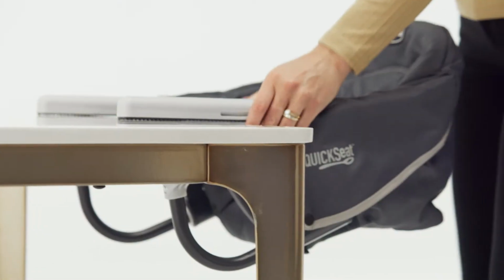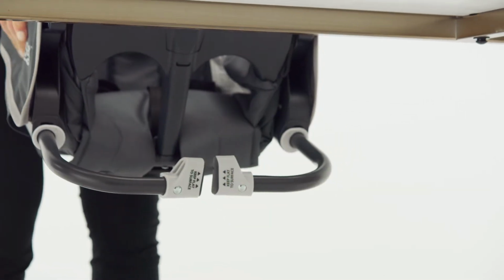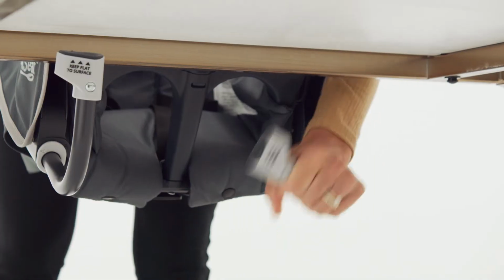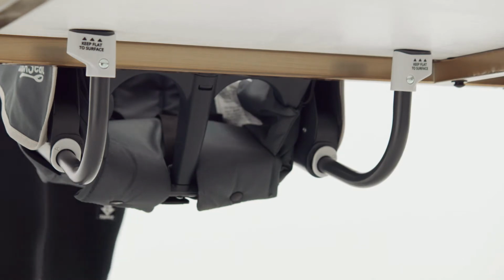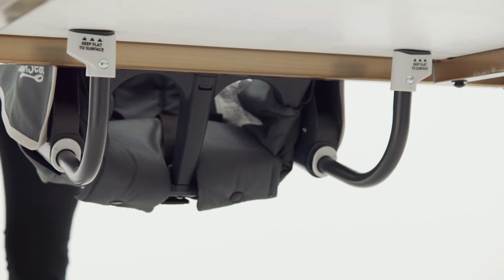Slide the hook-on chair onto the tabletop. Make sure the lower arms are folded downwards and below the tabletop. Rotate both lower arms up until they click into an upright position. Check to make sure both lower arms are fully rotated up and the feet are firmly contacting the bottom of the table. If the underside of your table has an apron, make sure the lower legs are completely over it